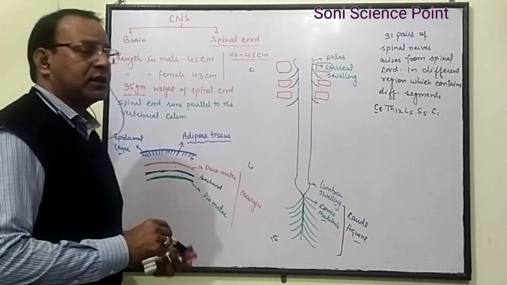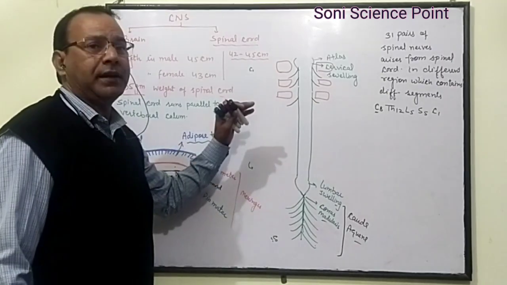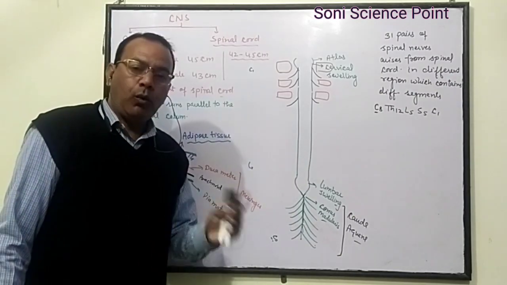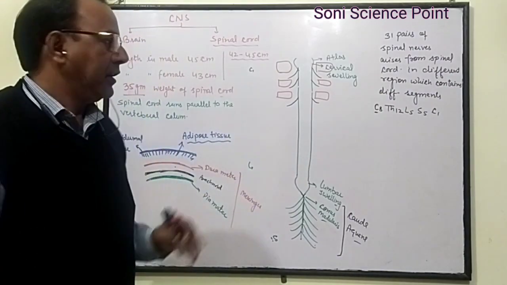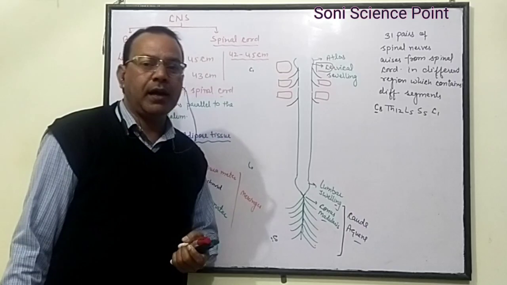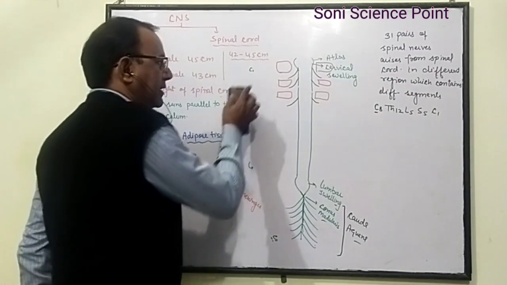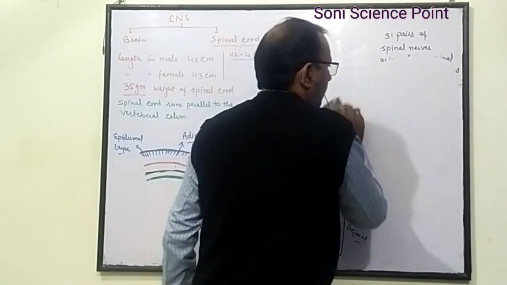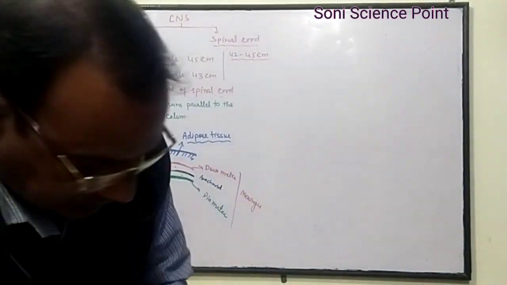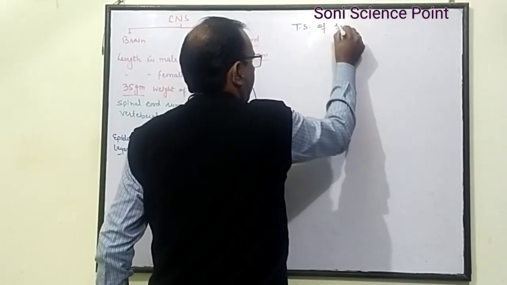This is the structure of the spinal cord. But when we transversely dissect the spinal cord, we can see different regions containing outer and inner matter. In the spinal cord, the outer matter is white because there are many myelinated neurons, and the inner matter is called gray matter. How can we see that? If we transversely section the spinal cord,